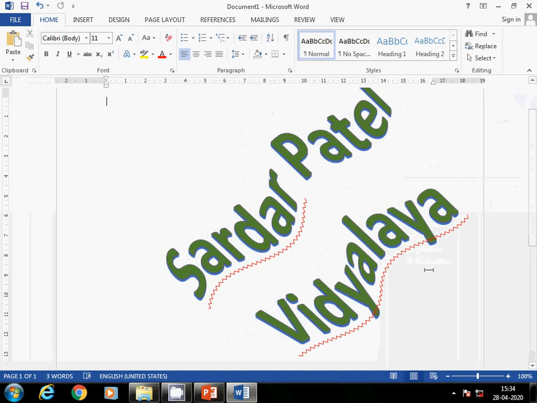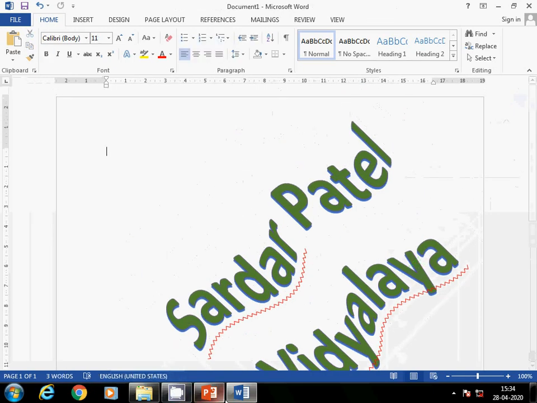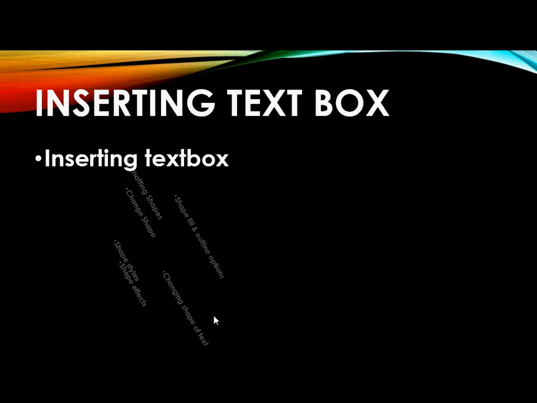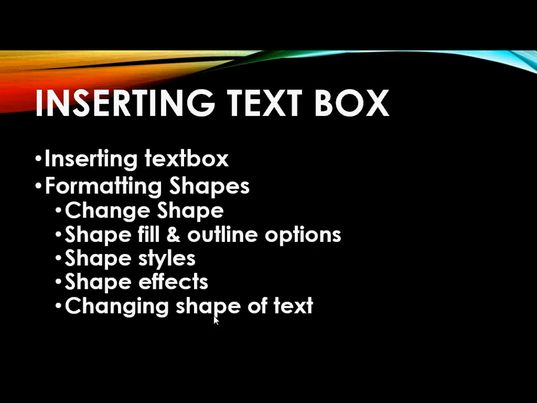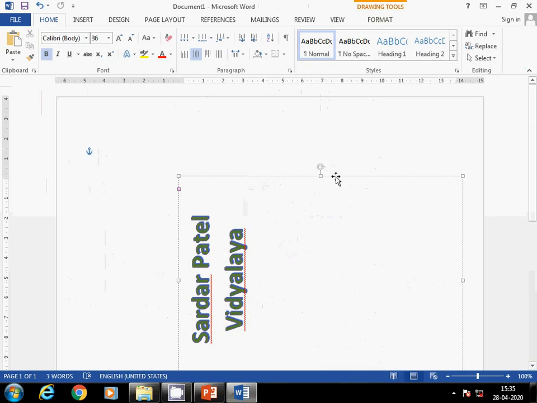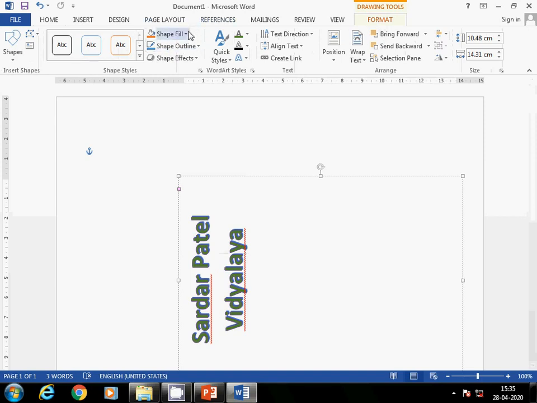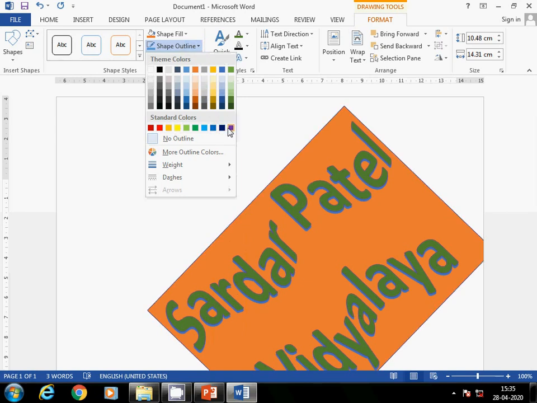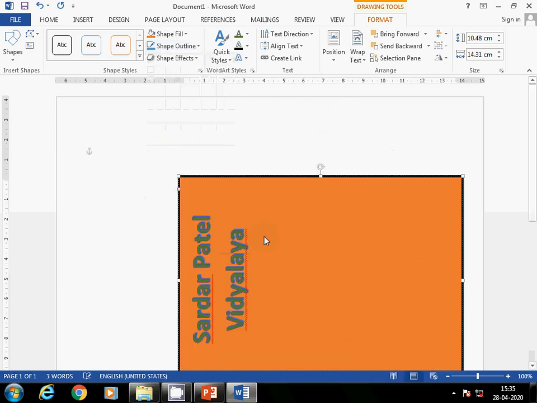Now the next option is inserting a text box. Inserting a text box is also quite similar to inserting word art, and this text box applies to your word art also, because when I have inserted this word art, this box is only a text box. So those options I can change from here. That is shape fill. Shape fill is important to change the color. Shape outline is the border color; whatever color we pick here, that border color will be applied. Border weight is how the border line will come. So accordingly you can apply it.